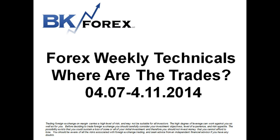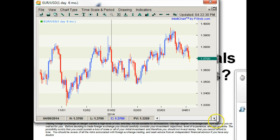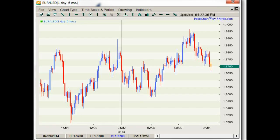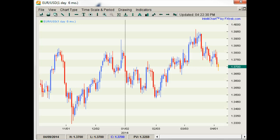Where are the trades? Well, a very interesting week, of course, in the market this week, with the euro getting hammered a little bit, both on the ECB meeting, which took us down. Here's the euro chart, which took us down to the 3700s, and today probing a little bit below 3700